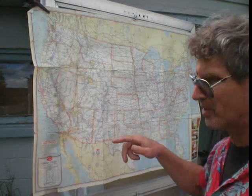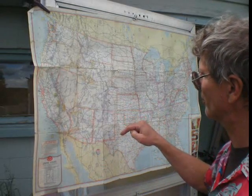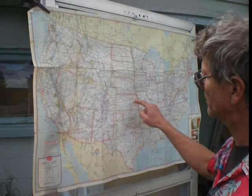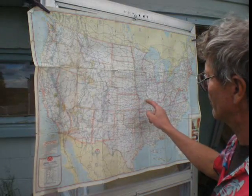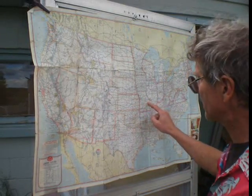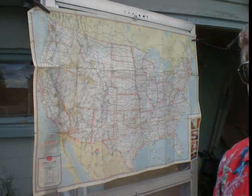Topeka, I made it to Topeka with a pinched nerve in my neck. Chiropractor I went to in Hayes, that's where it was. And I tried to get some help there, and I was just in misery all the way to Missouri. We got into Missouri and went down before St. Louis through the woods there and kind of kicked back a little bit, and then got down to DeSoto